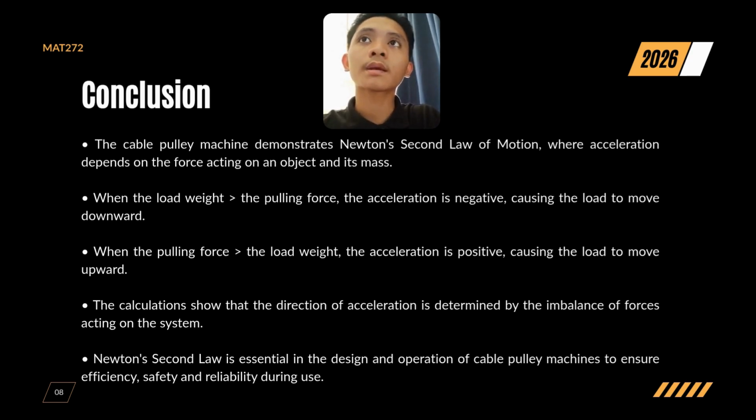On the other hand, when the pulling force exceeds the load weight, the acceleration is positive, implying that the load accelerates upward. The calculations show that the direction of the acceleration is determined by the imbalance of the forces acting on the system. Therefore, Newton's second law is essential in the design and operation of cable pulley machines, ensuring their efficiency, safety, and